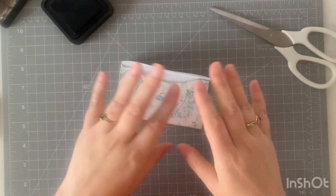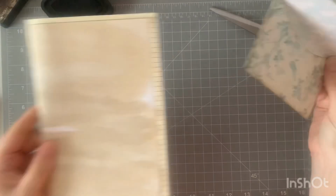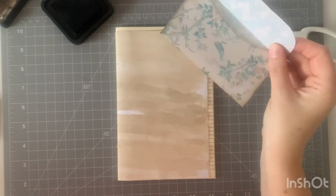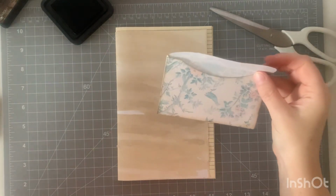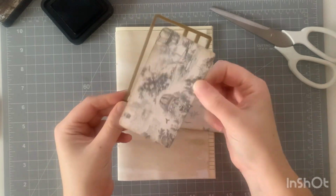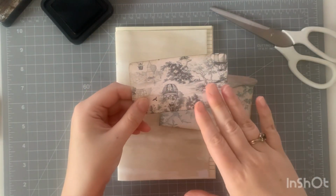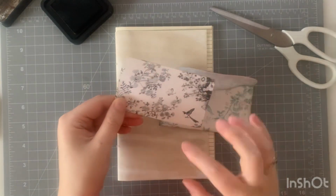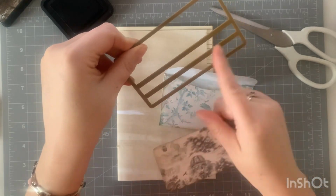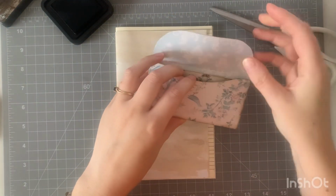Yeah, and then how we use these is there's loads of different ways that you can use them, but again I'll just bring in my little signature here. So you can cut out using the template provided. You can cut out your little card insert. You can do it on patterned paper and then on the other side have lined paper, or use the guides on here to draw your own, totally up to you. And then you can just stick that inside of your envelope,